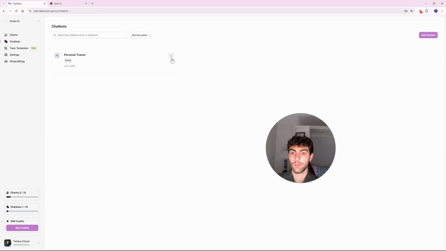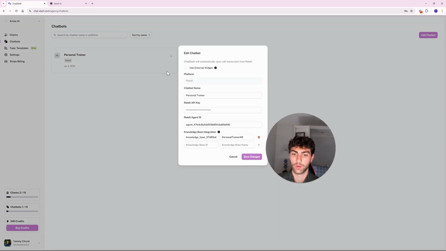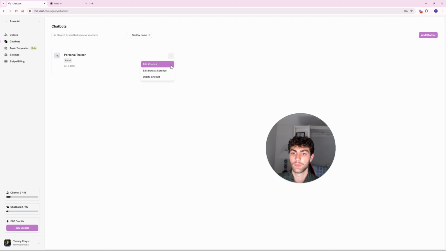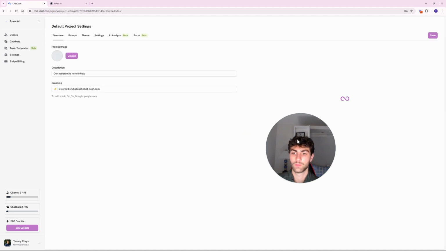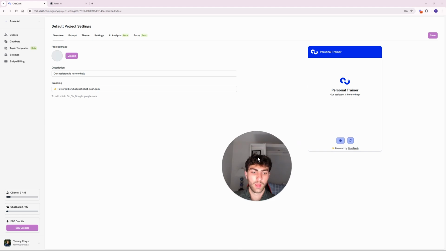And now you have a couple of options within here. You can edit it, so you can always go back to those fields you just had. You can edit its default settings, which is where this would be if you were to deploy it on a website. And then obviously if you had like a text-based chatbot made on VoiceFlow or OpenAI, there's different customizability, and this is a lot bigger of a field that you would use because it's what would actually show up on websites, whereas since my chatbot is just on a phone number, I really don't have to worry about anything about